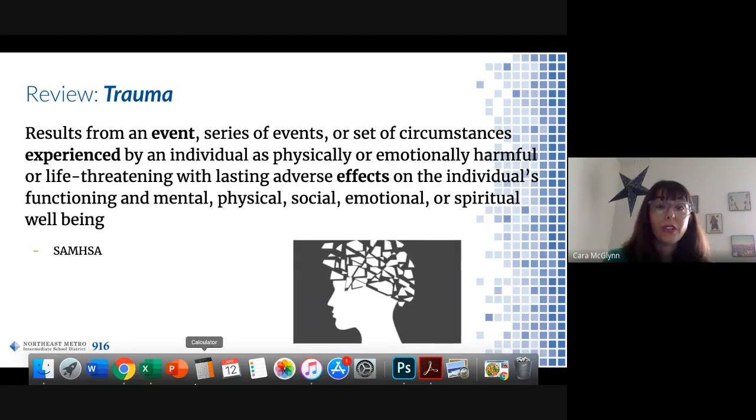However, if another child goes through the event of bullying and the experience is that there's no one to support them in mitigating those big feelings, perhaps they're getting bullied or abused at home too, it's likely that the adverse effect will be long term, and that will be something that's similar to trauma or trauma itself. So, again, when we're thinking about trauma, we are looking for an event or a set of circumstances, an experience, and an effect.